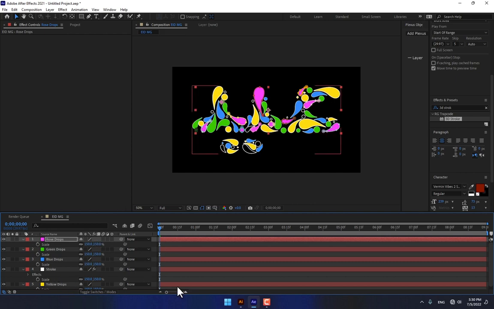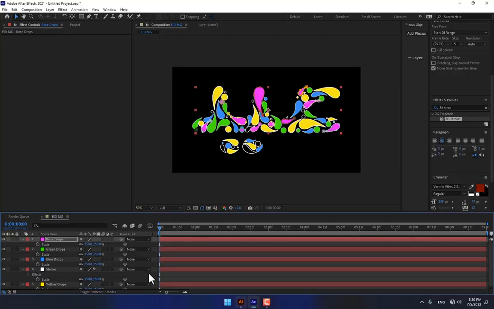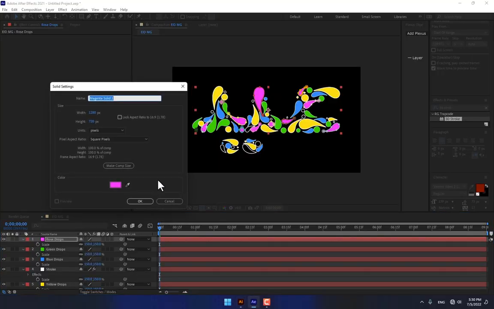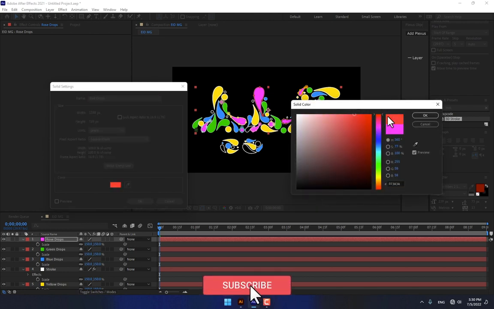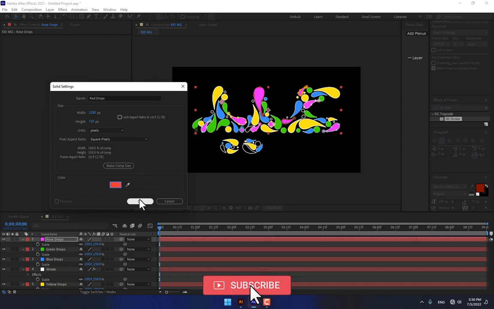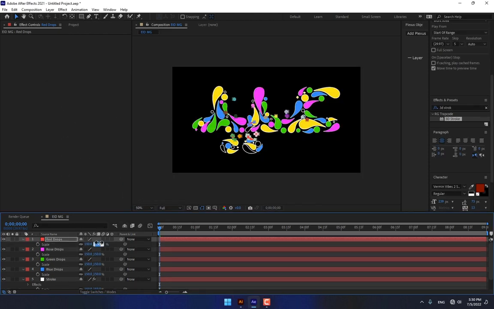And now there is the last. Select the red color, copy, and create another new solid, red drops, select the color and paste it, press S, change the scale and move it down, set here,